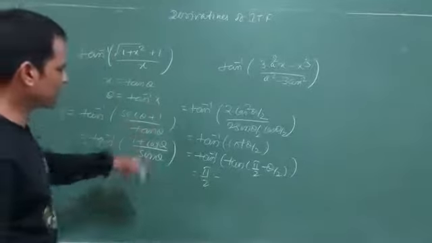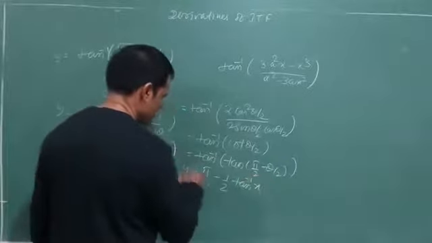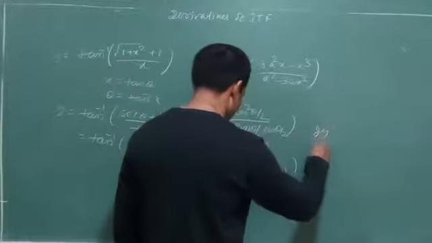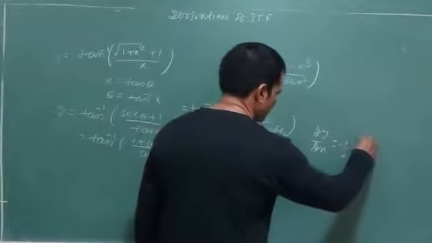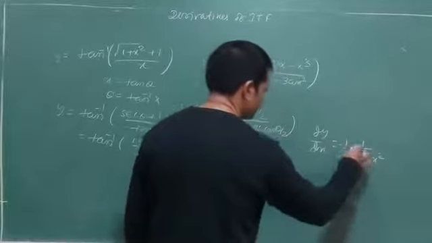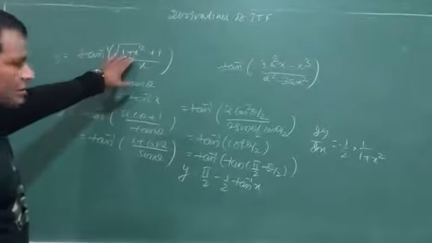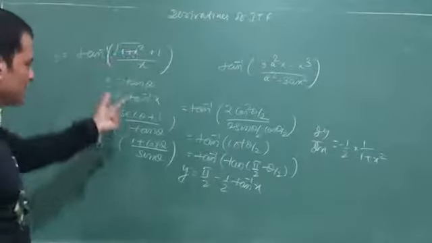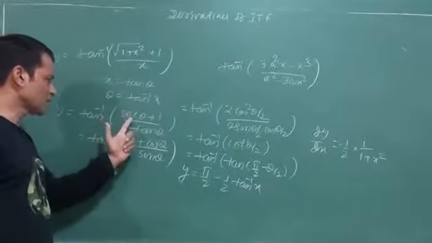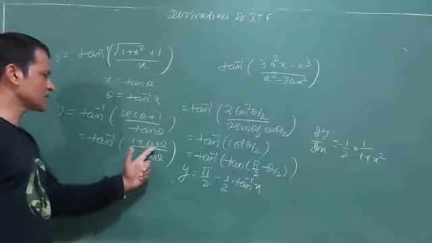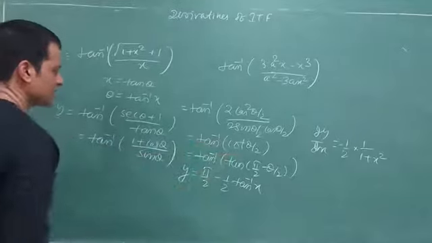Instead of theta, you replace tan inverse x. If it is y, dy by dx is equal to pi by 2 derivative is 0 minus 1 by 2 into 1 by 1 plus x square, that's all. So you have to get the needs from here. What I am going to consider: x equal to tan theta, then 1 plus tan square theta, sec square theta under root, sec theta, 1 by cos plus 1, then 1 plus cos theta, 2 cos square theta by 2. Simplified, outside tan inverse, tan 90 minus theta.